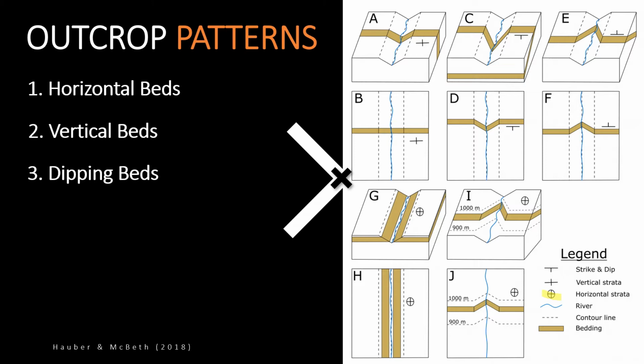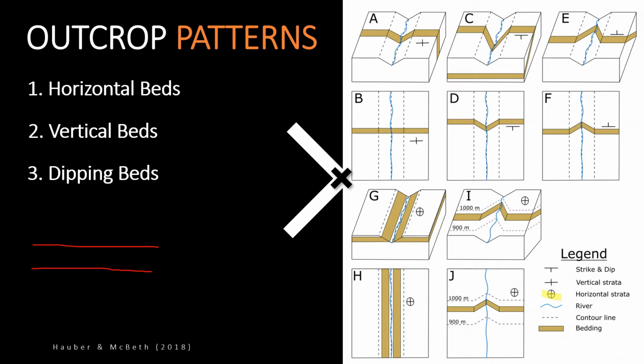The letters G, H, I, and J are horizontal beds because, as we can see, the shape of the outcrop is projected along the lines of the contours. So if we see an outcrop like that,